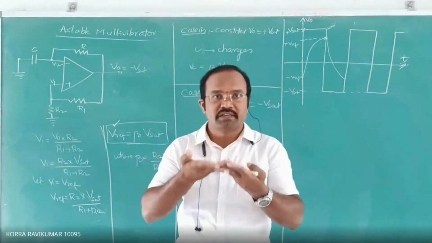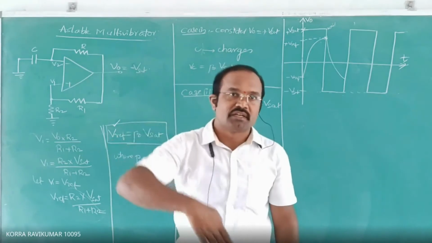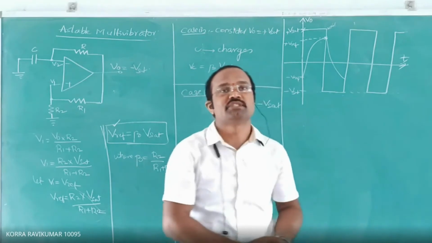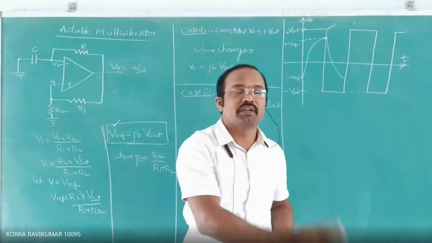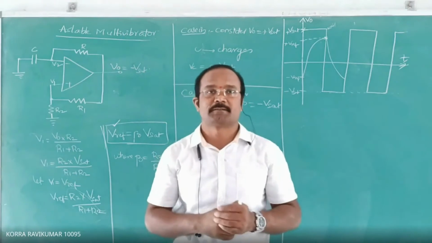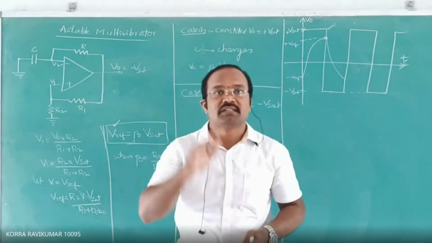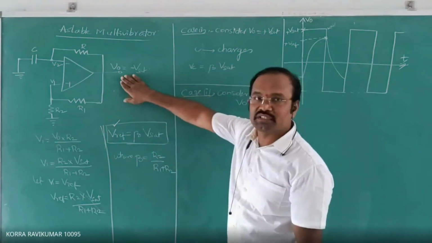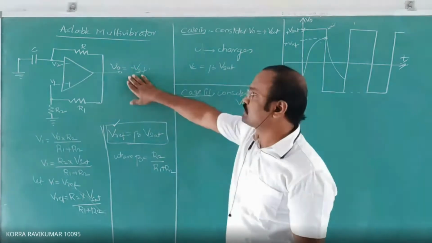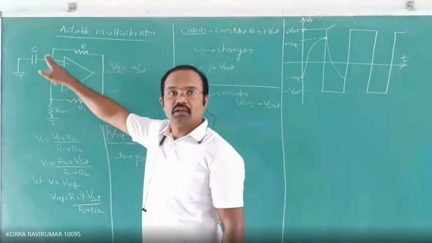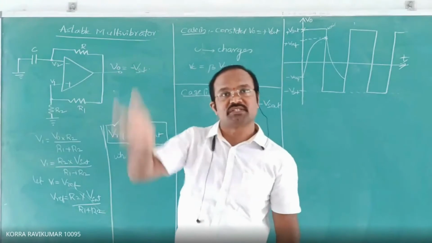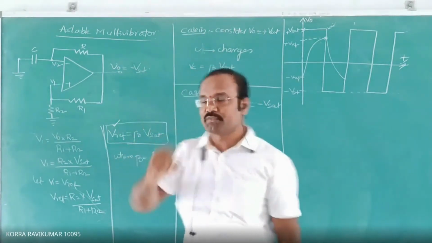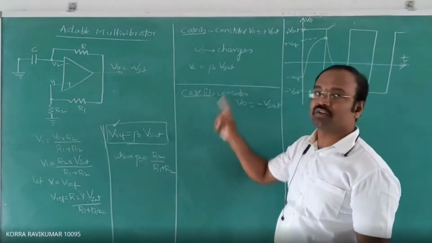Positive supply రావాలి. ఇప్పుడు ఏం చేస్తుంది? Capacitor starts discharges towards 90% of its maximum value to again its minimum value. Maximum value నుంచి మళ్ళీ minimum value కి capacitor starts discharges. Why it is getting discharged? The reason here is, first in case 1, the output voltage is plus V saturation that was present at the capacitor terminal. Because of that positive voltage, capacitor charged and capacitor gained something. That something voltage is Vc equal to beta into V saturation.